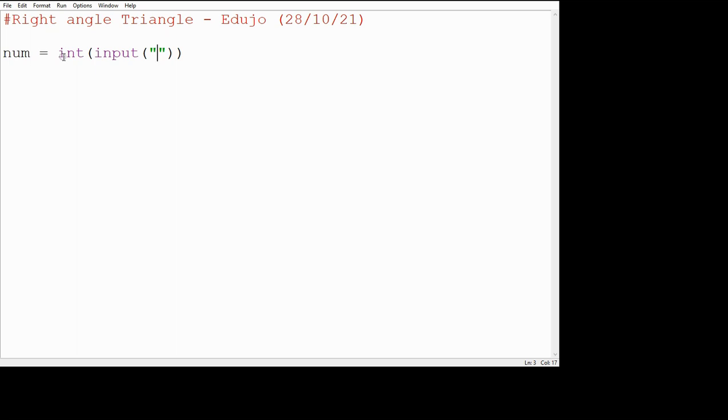So what number shall we root? The number is going to be the amount of rows that we're going to print. So let's say, for example, how many rows do you need? So we're asking the user how many rows they need, and then we're going to print a star or asterisk equal to every single row that they need. Right, so we need a for loop for i in range